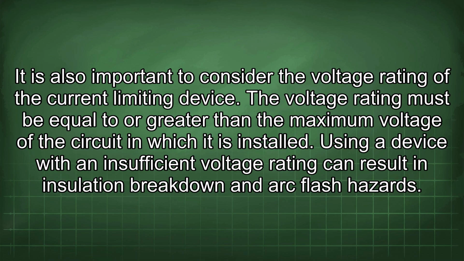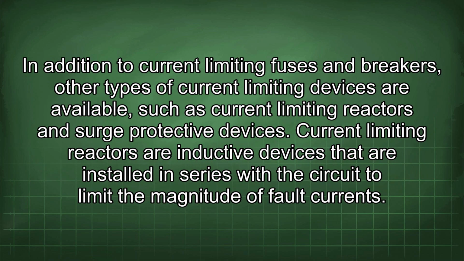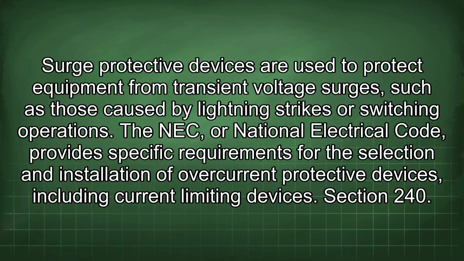Using a device with an insufficient voltage rating can result in insulation breakdown and arc flash hazards. In addition to current-limiting fuses and breakers, other types of current-limiting devices are available, such as current-limiting reactors and surge-protective devices. Current-limiting reactors are inductive devices that are installed in series with the circuit to limit the magnitude of fault currents. Surge-protective devices are used to protect equipment from transient voltage surges, such as those caused by lightning strikes or